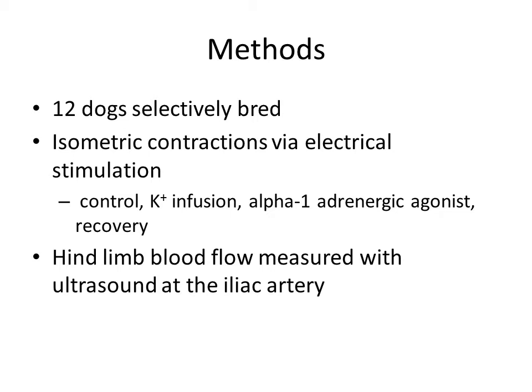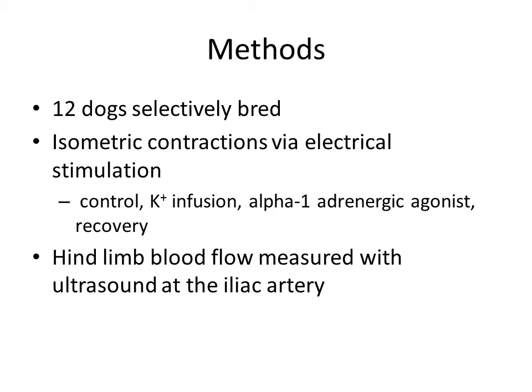This contraction was performed under 3 different conditions. The first condition was a control contraction in which the nerve would be stimulated without any infusions of any kind. The second contraction had a potassium infusion, which was at the femoral artery, and the potassium injection was performed to prevent changes in the membrane potential of the smooth muscle, which would subsequently prevent vasodilation from occurring following the contraction. So the third contraction was an infusion of an alpha-1 adrenergic agonist,